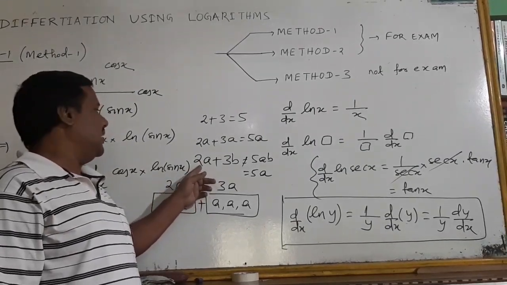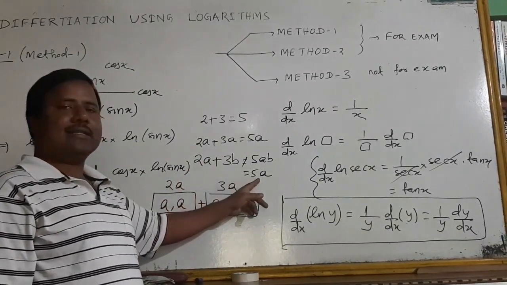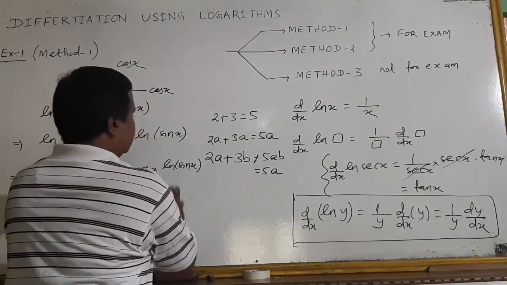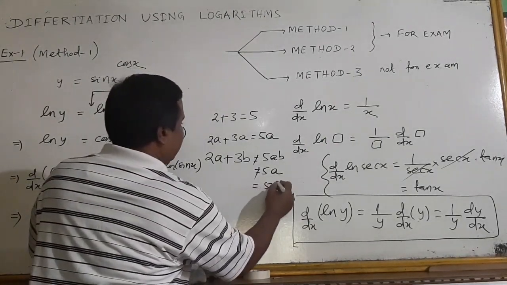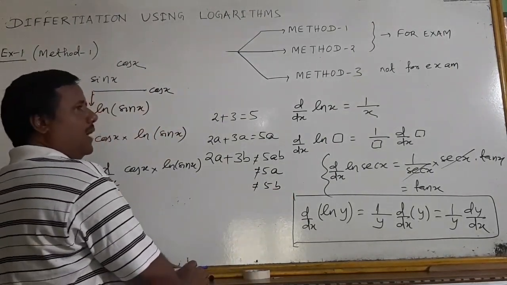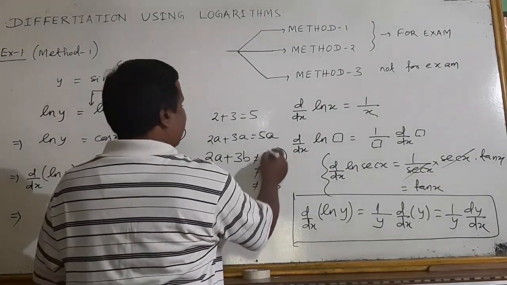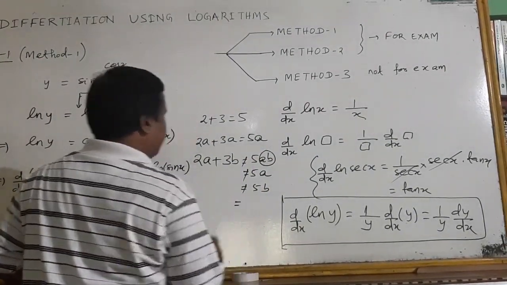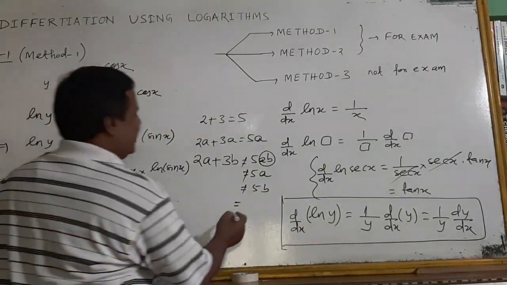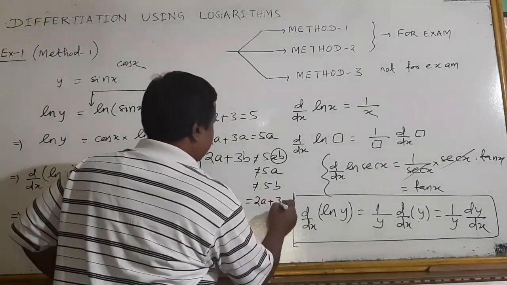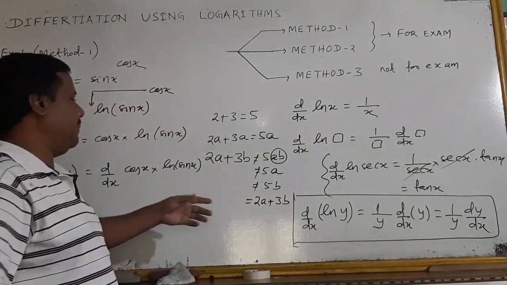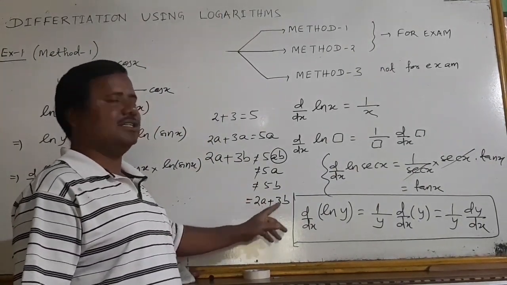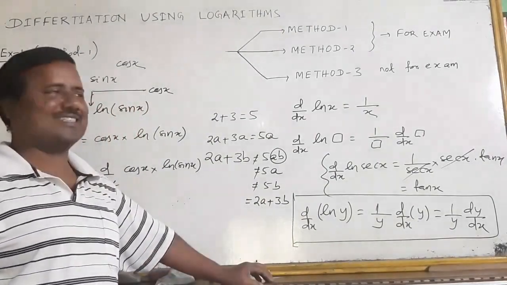Sir said, it is 2 apples and 3 bananas. Is the answer 5 apples? Oh no, sir, it is not 5 apples. Then that is also wrong. Then some of us said 5 bananas. That is also not right. It is not 5 apple banana, not 5 apple, not 5 banana. Then some of my friends said, sir, it is 2a plus 3b. Nothing will happen, it will remain as it is, meaning 2a plus 3b is 2a plus 3b. Then sir said, yes, it is correct.